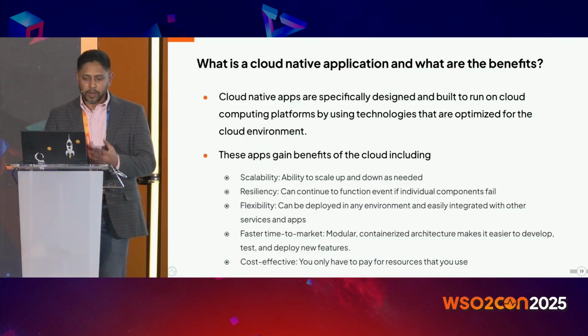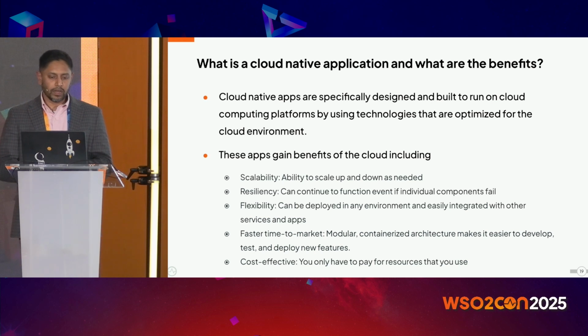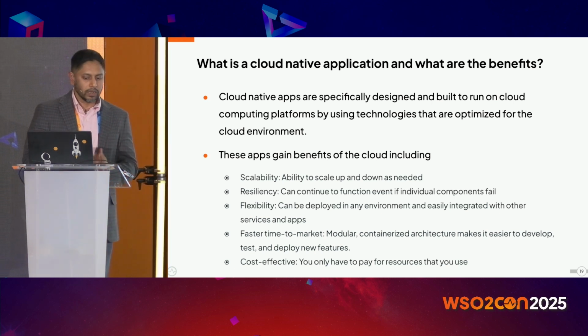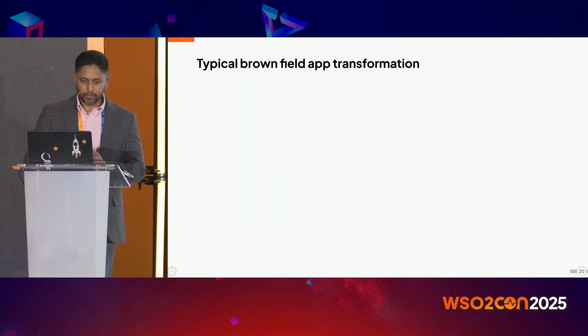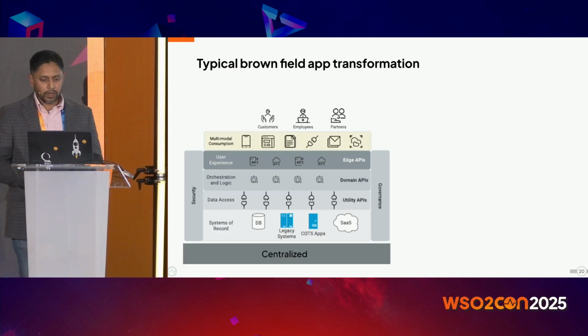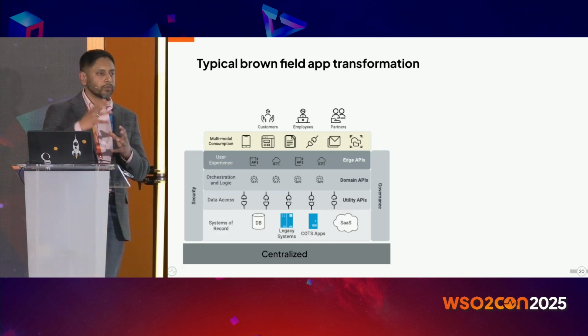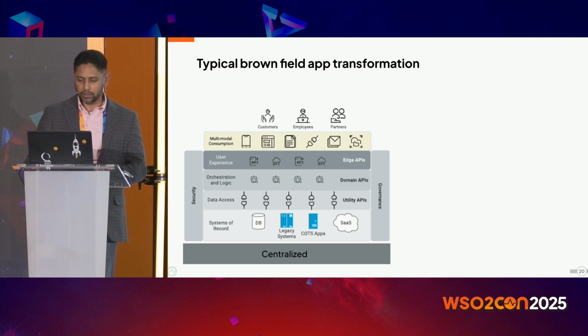And again, the benefits, as we went through, the benefits that you get from the cloud providers, right? So the promise of scalability, resiliency, flexibility, faster time to market, and so on. So, typical brownfield application transformation. So when you are going from a monolith to a microservice architecture,